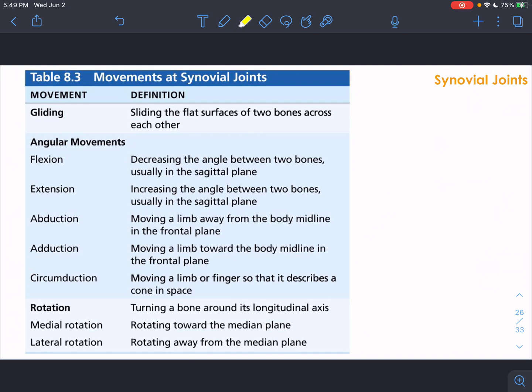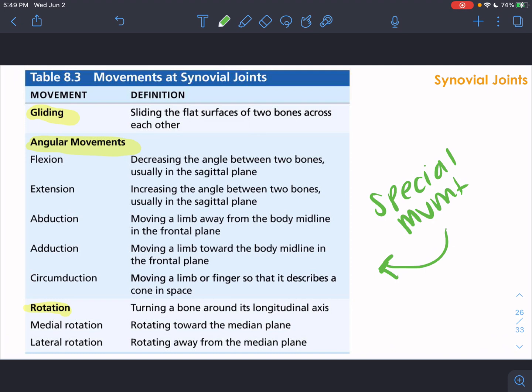So these are all the different types of movements and definitions of them. Remember we have three main types: the gliding, angular, and rotation. And then we also had a few of the special movements, and those don't fit into these categories. But you should know the different types of movements and be able to give examples and understand what the